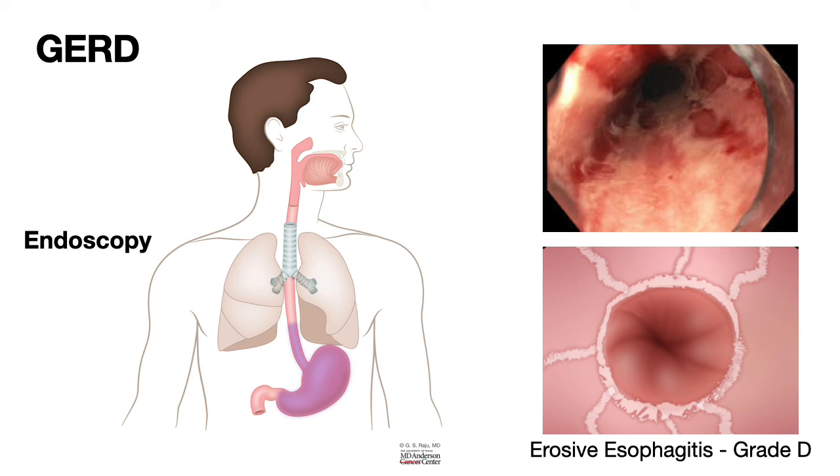So in this presentation, we have learned about what a normal esophagus looks like, normal GE junction, hiatal hernia, and various grades of